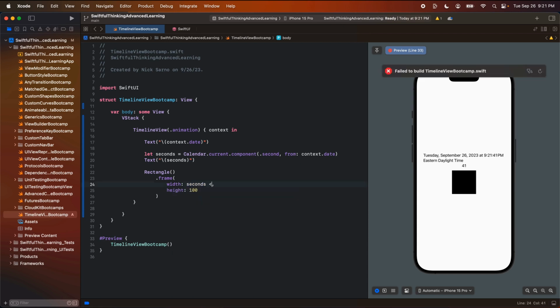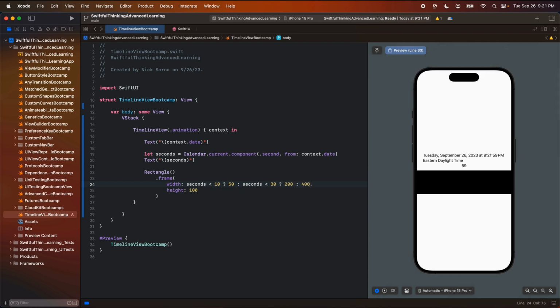So maybe we want to animate it like, let's say seconds. If seconds is less than maybe 10, let's keep the width at 50. Otherwise, if seconds is less than maybe 30, put the width at 200, and then otherwise the default will be the width at maybe 400. All right, so we can see here seconds is less than 10 right now, so we're at 50. And then when it gets to 10, it should bump up to 200. And just like that. And we saw that it didn't animate,